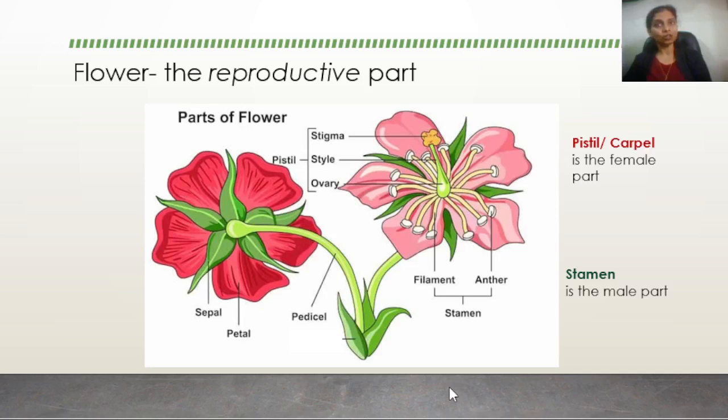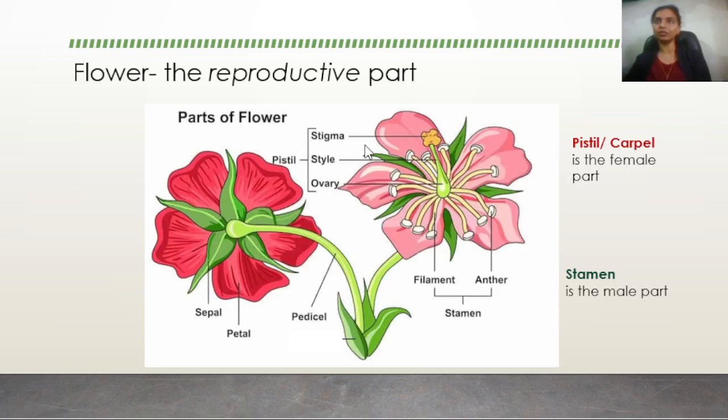Plants are also no different in this. In plants, the flowers also have two parts, the male part as well as a female part. So the male part of the flower is what we call as the stamen. Stamen is a male part. And the female part of the flower is what we call as the pistil or the carpel. The pistil or the carpel. There are two different names. There are actually three different names, but you need to remember only so much. Pistil or the carpel is the female part of the plant.